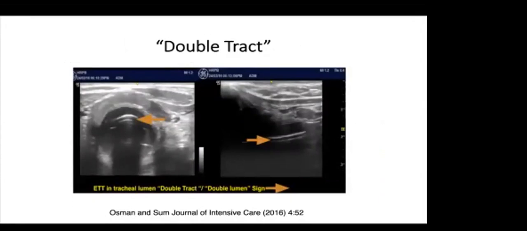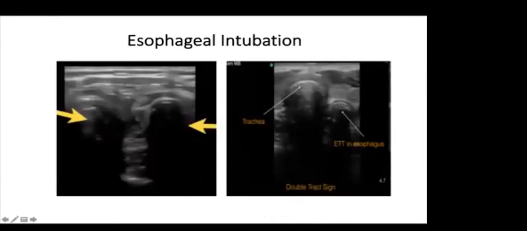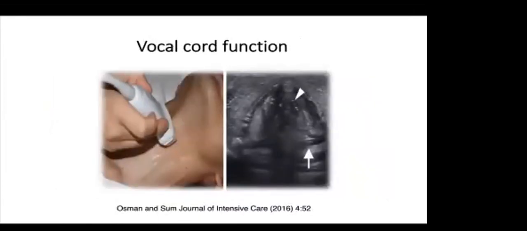When the endotracheal tube is in the esophagus, it is also known as the double track sign, as you can see on the left of this figure. Esophageal intubation will cause a second trachea to appear, referred to as a double track sign, also known as a goose sign. One of the pitfalls here, and thing to remember, is that the esophagus may be located directly posterior to the trachea. Therefore, esophageal intubation may be missed if inadequate depth of ultrasound is used.